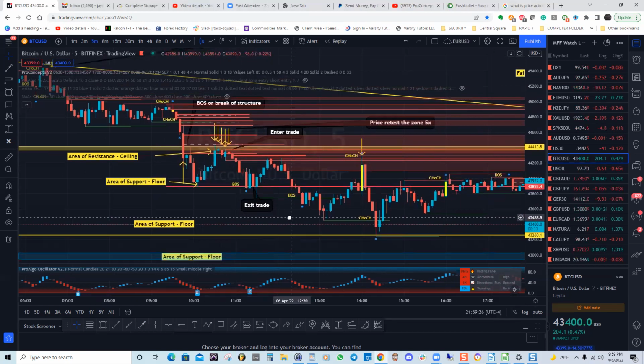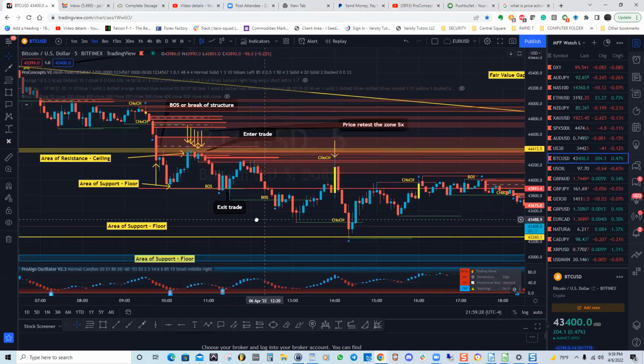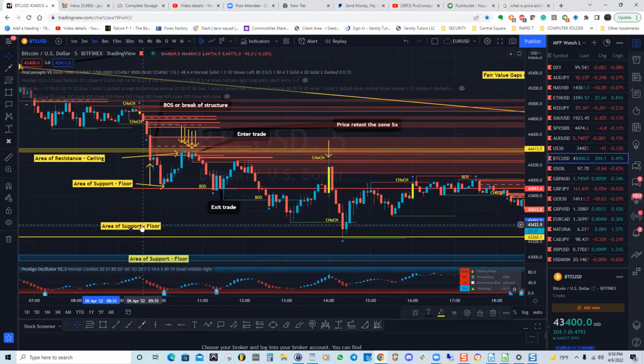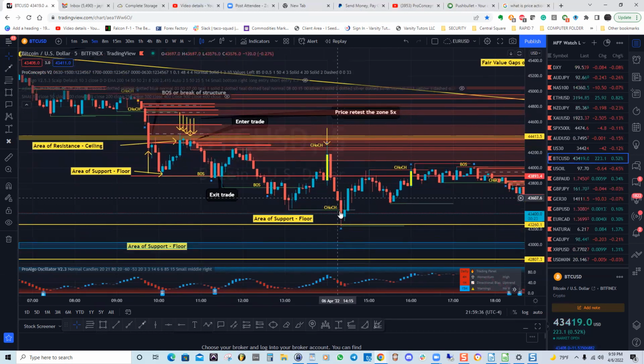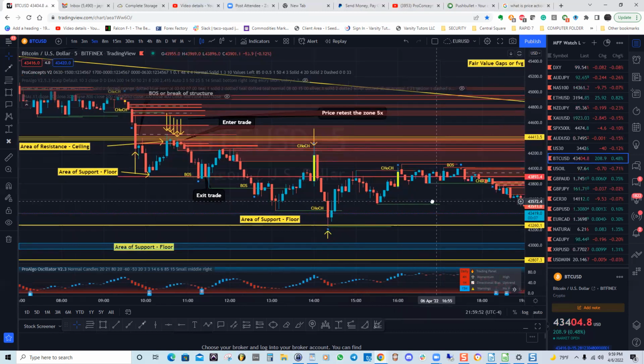Now, you can see how the indicator matches up with my zones. I got a support level right here. You can clearly see when price came down here, it printed this little X, right? Here's a little rejection, and then price went this way. And you can see how price hit this high up here and created this little